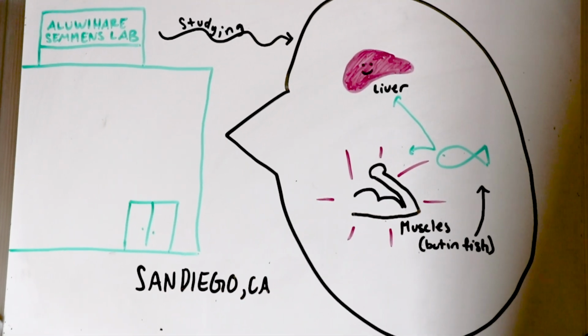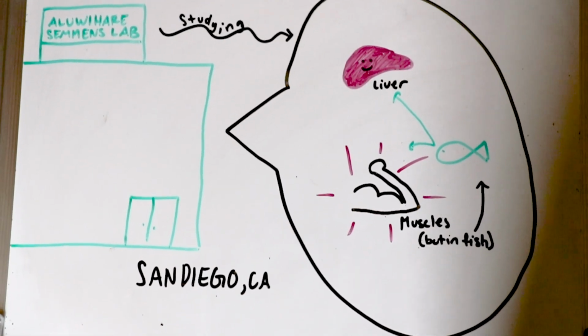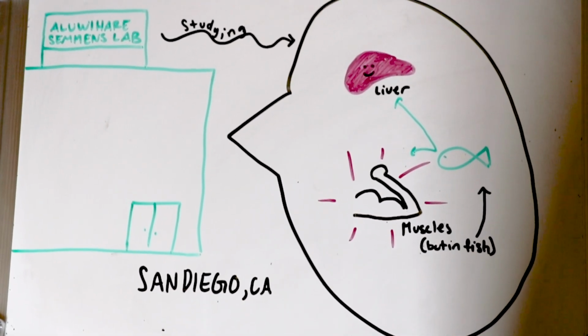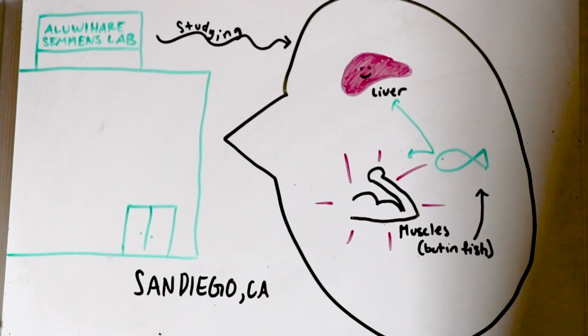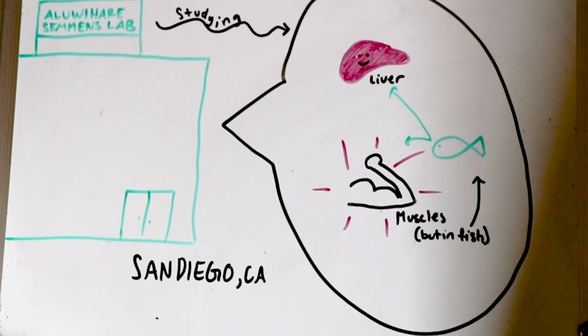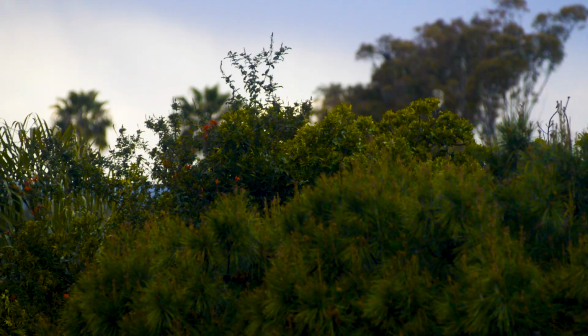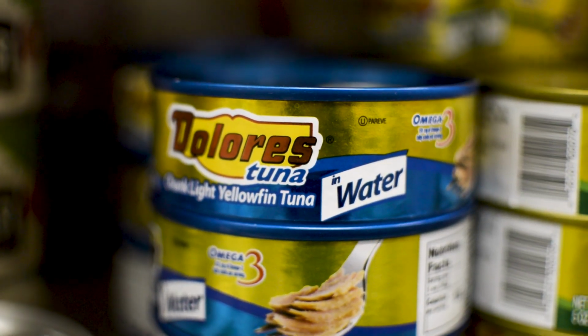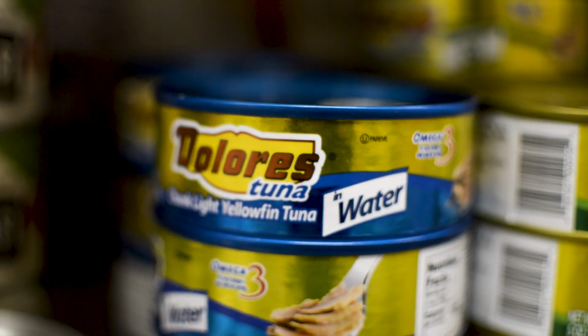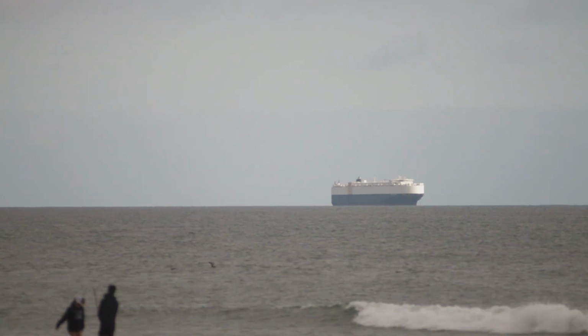A lab in San Diego, California, is beginning to analyze the effects of DDT on liver and muscle tissues from individual fishes. They will use this data to see how the toxin moves once it's in the environment and to determine the safety of our California seafood products. This is also going to be helpful in minimizing the harvest of potentially unsafe seafood.